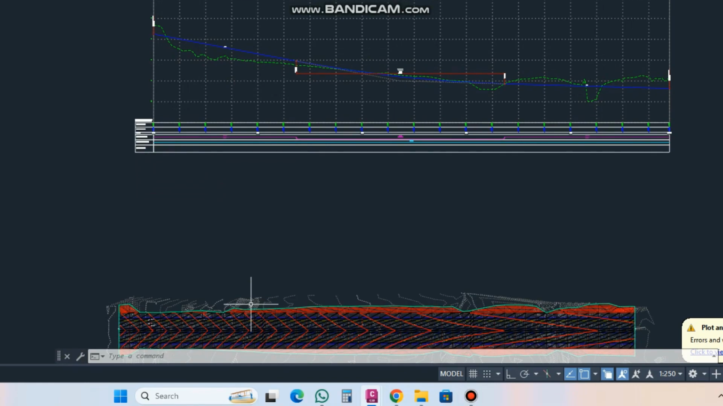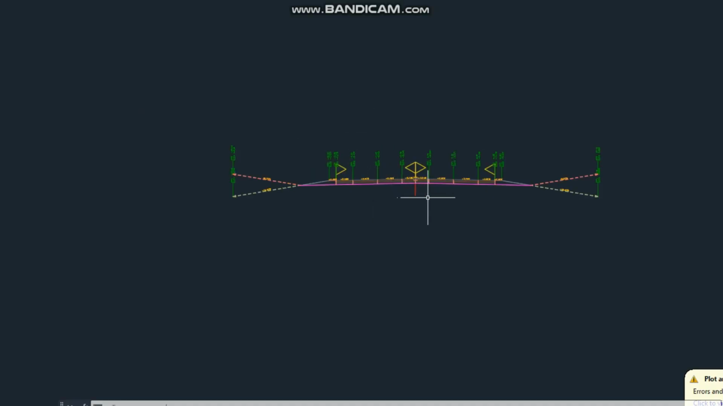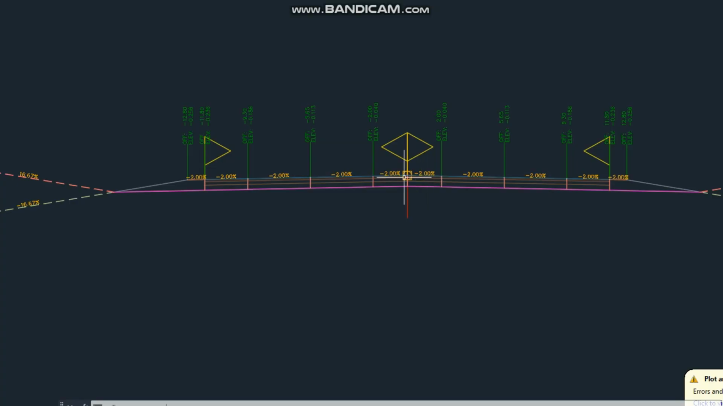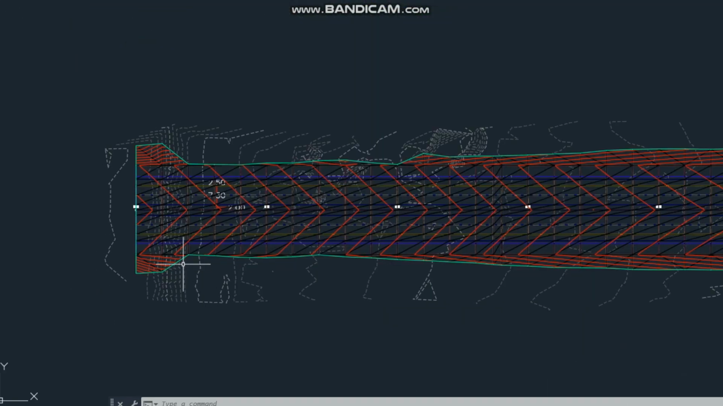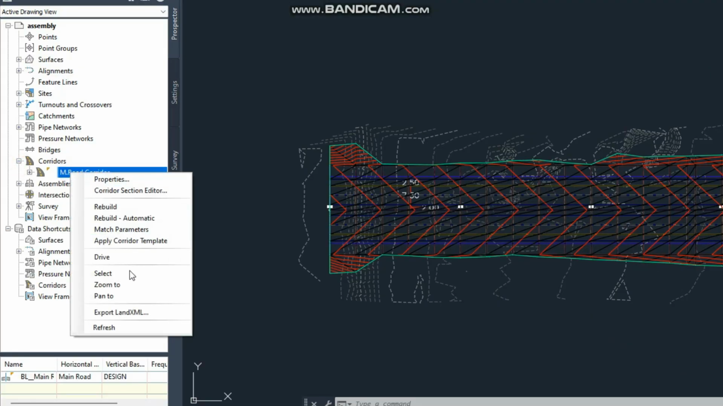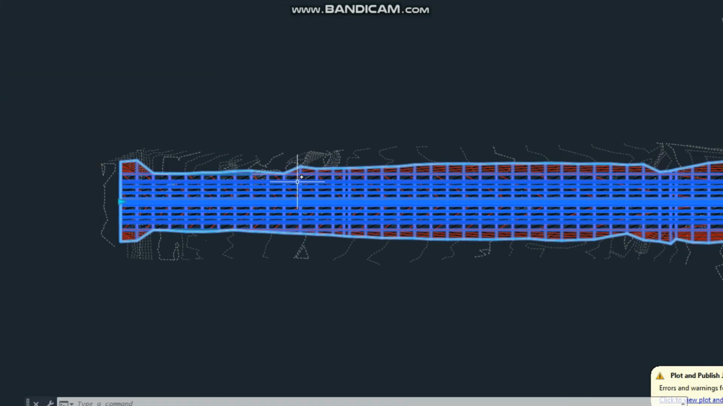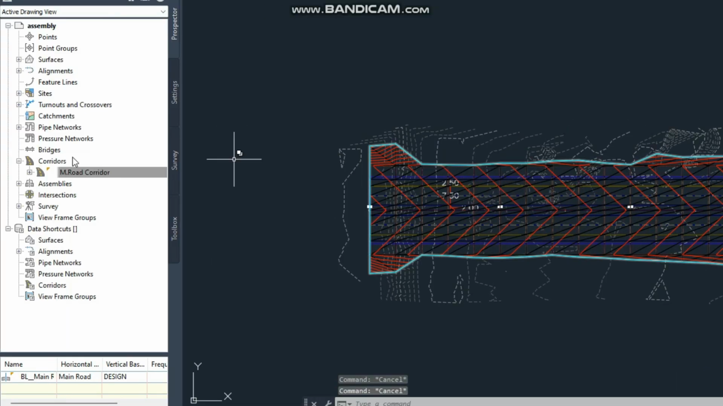After that we created the assembly, which in AutoCAD we call typical section. Then we created the corridor. You can see here is the corridor. After creating the assembly, you can create the corridor, and this is the surface, the top surface or the bottom surface